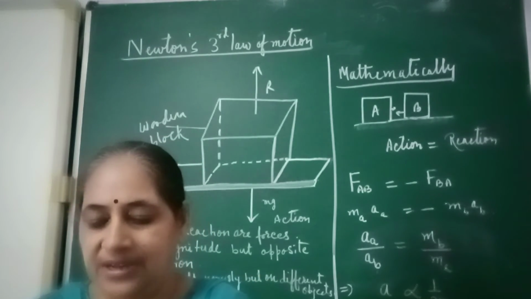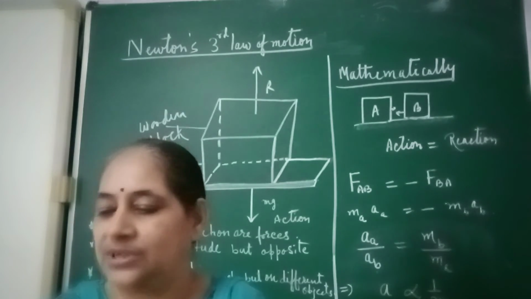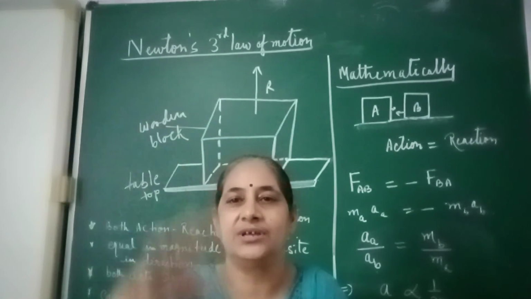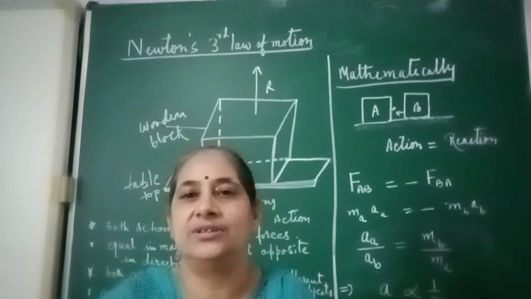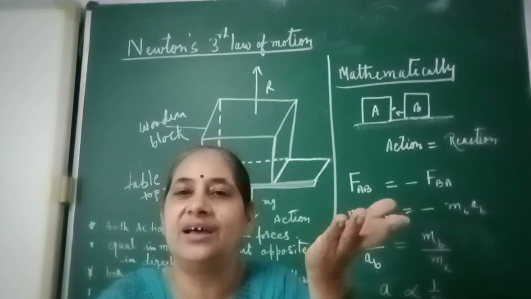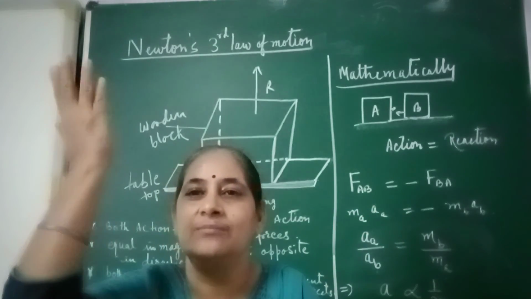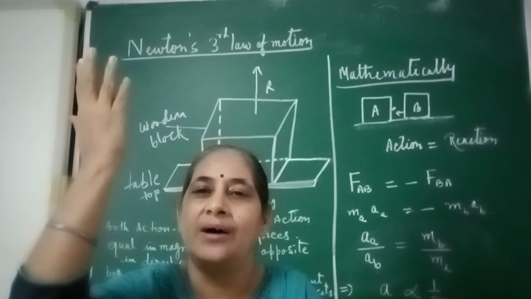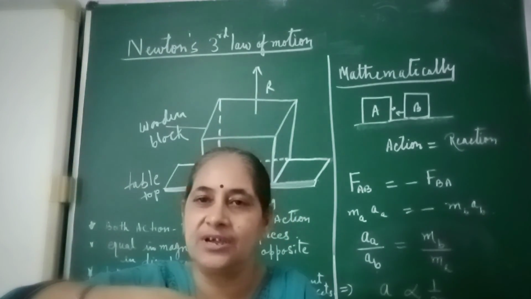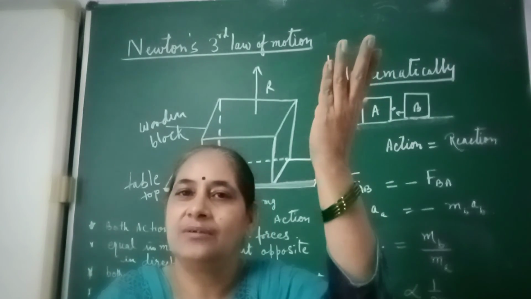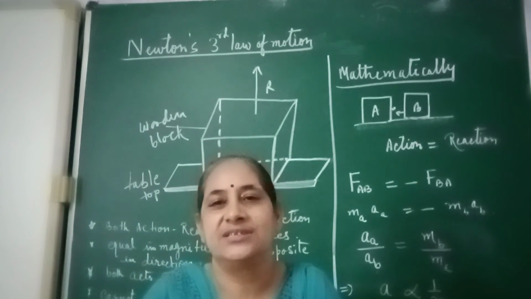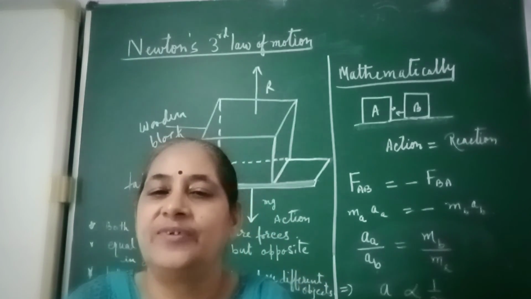There are so many examples in our daily life regarding Newton's third law of motion. One we discussed is walking, or we can say the bouncing back of a ball on the ground. When we bounce the ball on the ground, the ball exerts force on the ground, that is action, and the reaction is given by the earth, so the ball moves in the upward direction. The ball falls on the ground, that is action, and when it jumps up, that is called reaction. So action and reaction take place simultaneously but on two different objects.